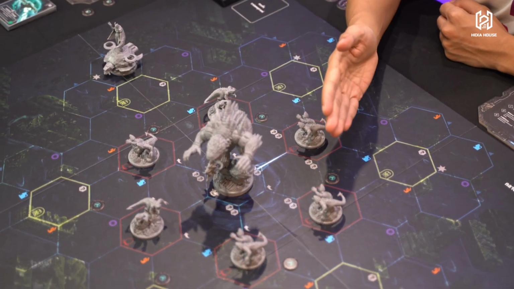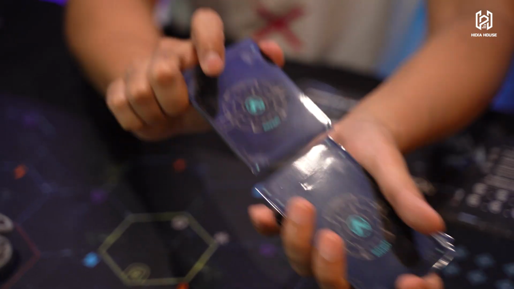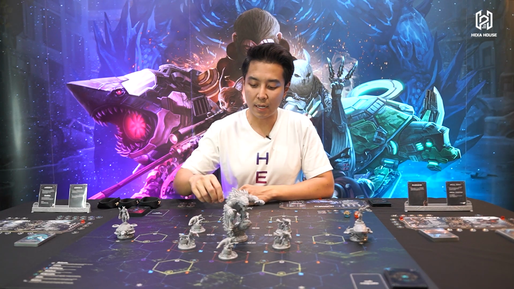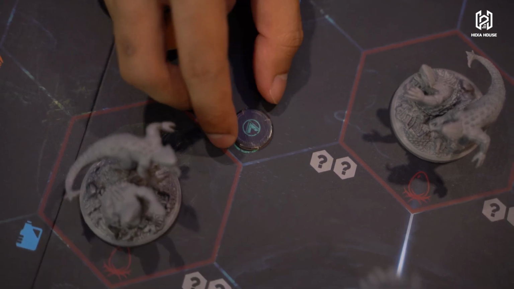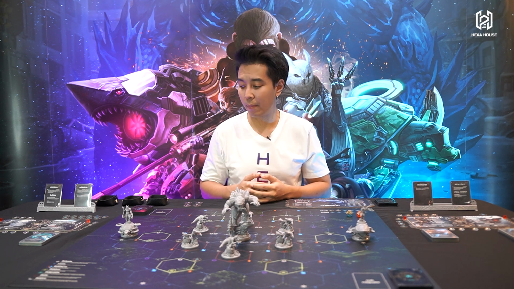Next, we will position the minions on 6 nest spaces, each highlighted by a red border. After shuffling the survivor card deck and the event card deck thoroughly, please place them at these 2 designated spots. Following that, place the survivor tokens at the spots marked with green survivor icons. Following the 6 spots indicated on the map, after we have successfully set up the board, we will arrange all